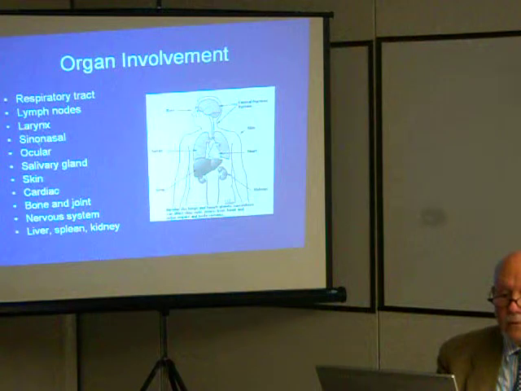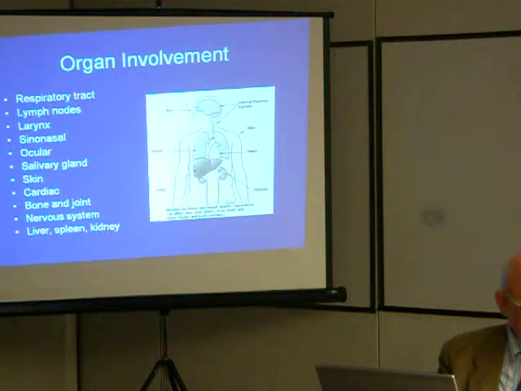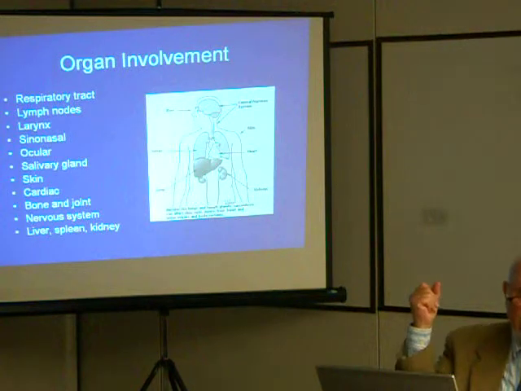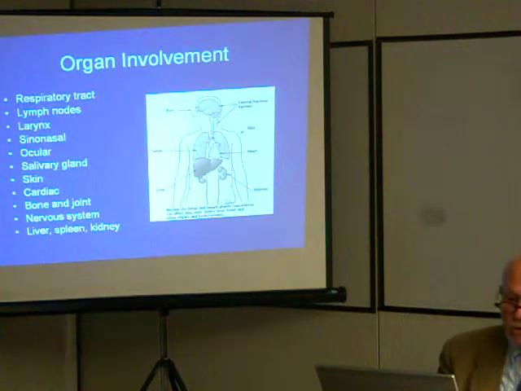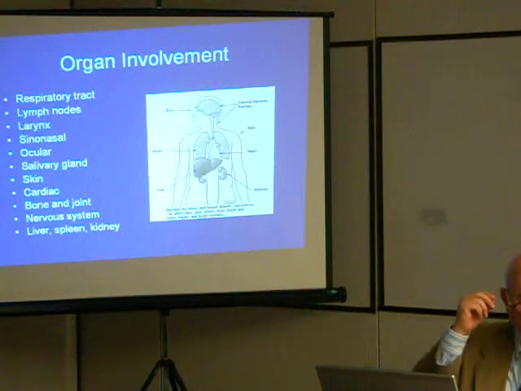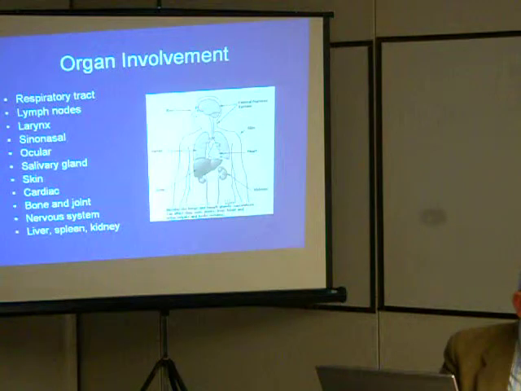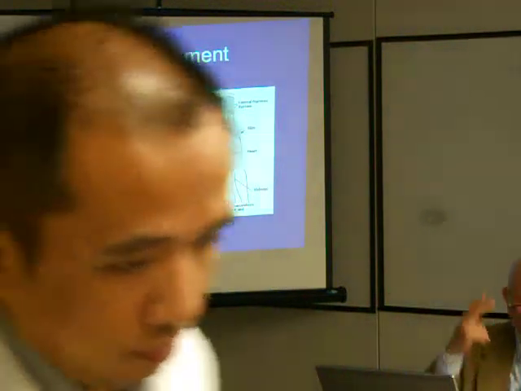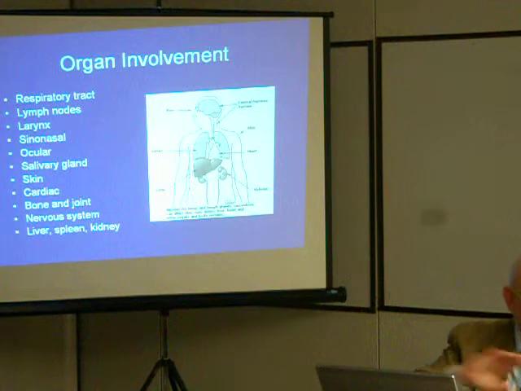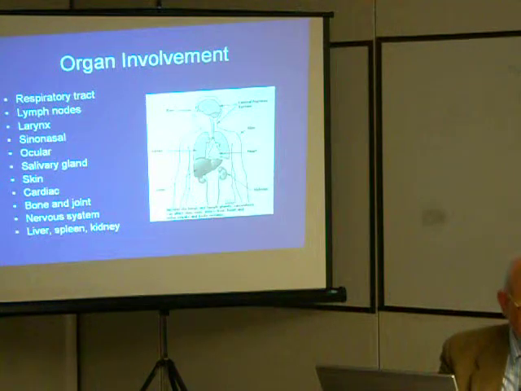So if you have, let's say, an arthritis without skin involvement, the likelihood is it's not sarcoid. Look for something else. The two just go hand in hand. And the bone involvement is a very, very specific involvement, and you can diagnose it like that on an X-ray of the hands. I'll show you in a second. Rare nervous system, most common nervous system is cranial nerve involved, facial nerve involved. But you can have all kinds of, I'll show you a case of CNS sarcoid, horrible disease, horrible to treat,